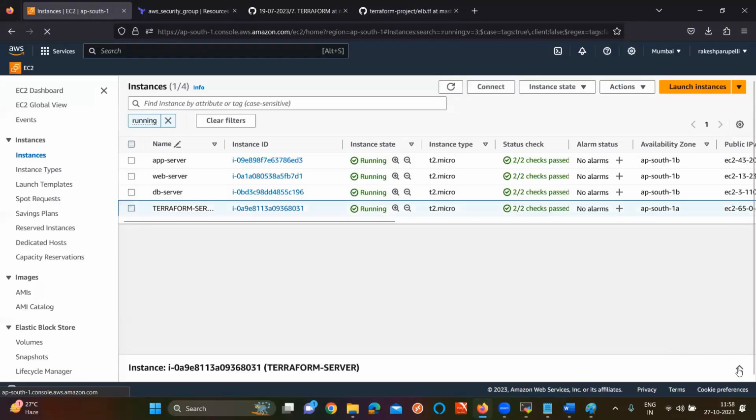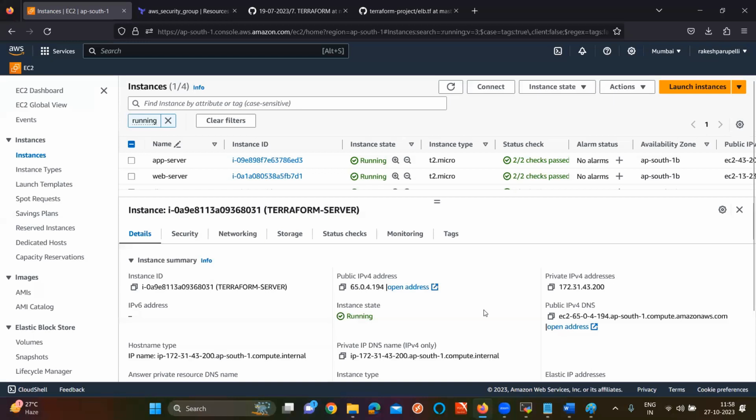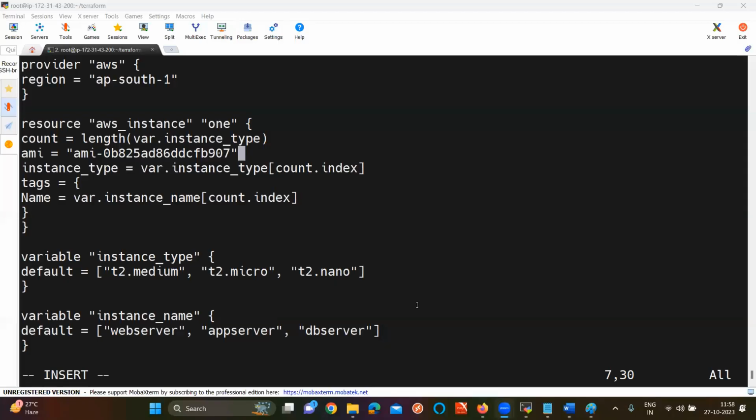What I want to change here? Why? Because this much of times, like internet issue means it's not good actually.